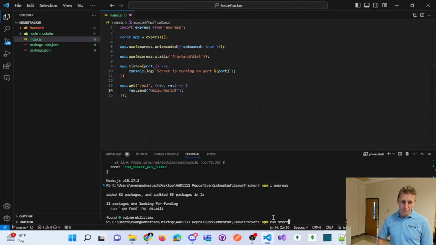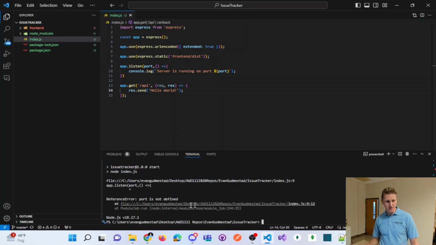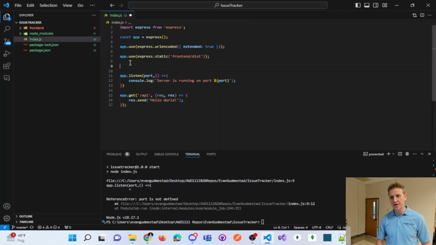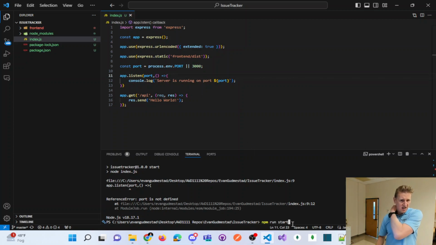And let's run our application server. It says port is not defined, so we need to define that variable. How did I miss this line? We'll say port 3000 or get it from a .env file. So this should be port 3000. And one last thing is I want this to say server is running on localhost